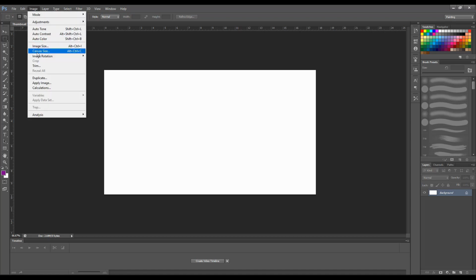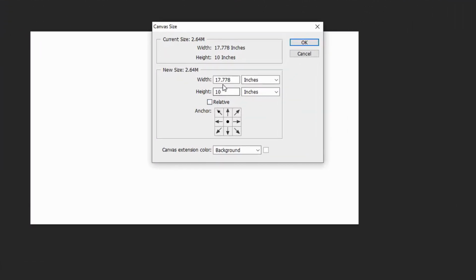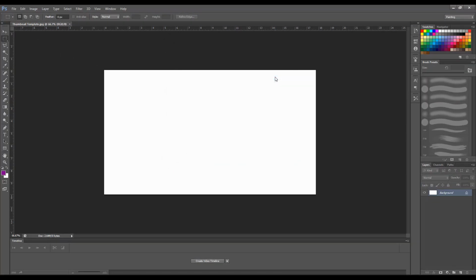So let's take a look at the canvas size. It's 17.778 inches by 10 inches. That is, I think, a little bit inaccurate. I don't know, but somewhere around there. You can definitely go to the internet and download that. I will leave a link to that down below. But anyways, that is going to be our size for the thumbnail. And let's get started. Okay, so we have this blank canvas right here, and there's just a multitude of possibilities